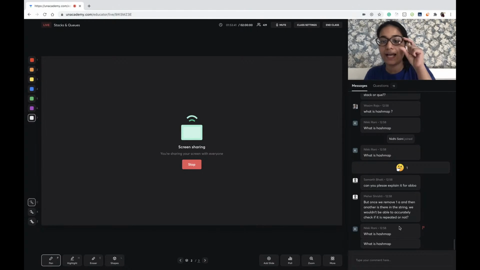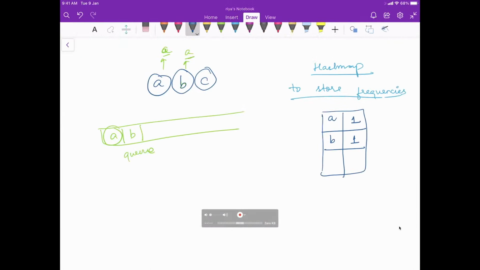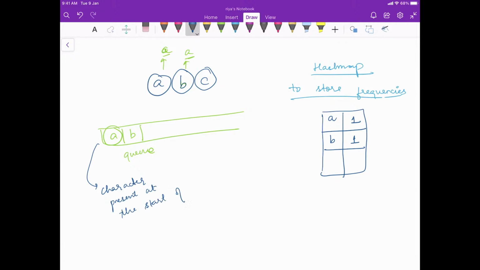So the element that is present at the front is simply going to be that part which is going to be unique. I will write it here also: the character present at the start of the queue will be unique.